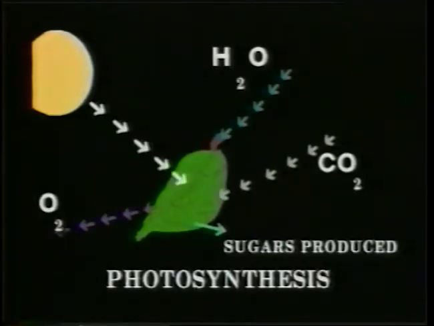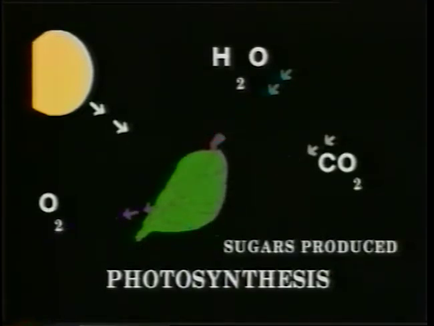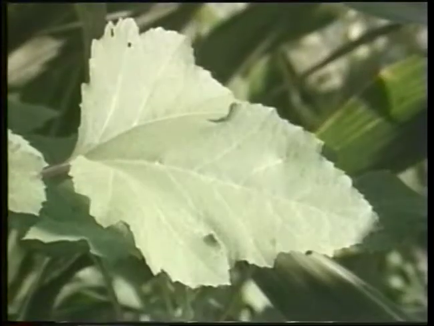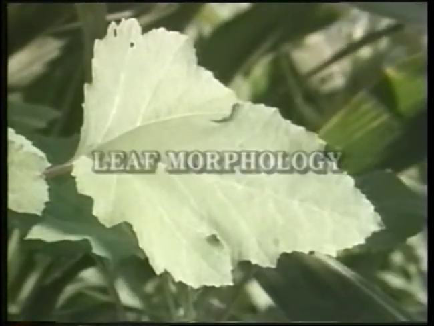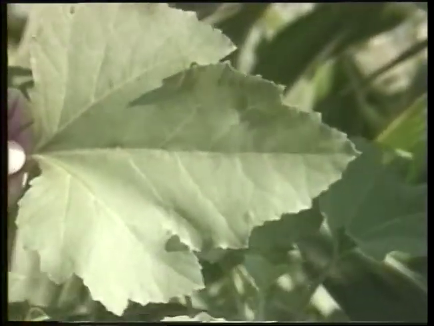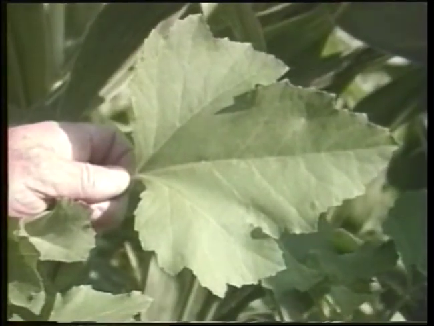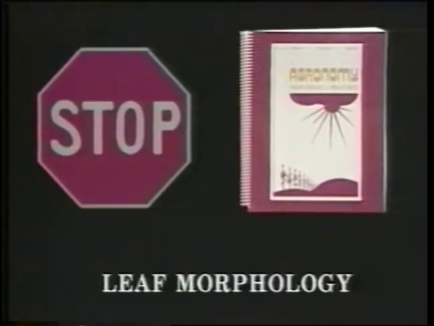With the ability for gas exchange with the air, ready translocation of water and other materials, and the efficient arrangement of cells containing chloroplasts, the leaf has a very efficient arrangement for its principal function of photosynthesis. The next section on leaf morphology will discuss the external parts of leaves. It is important that you learn these parts because they are essential in properly identifying crops and weed species. You should now stop the VCR, study the section on leaf morphology in your text, and then come back to the VCR for further tutoring.